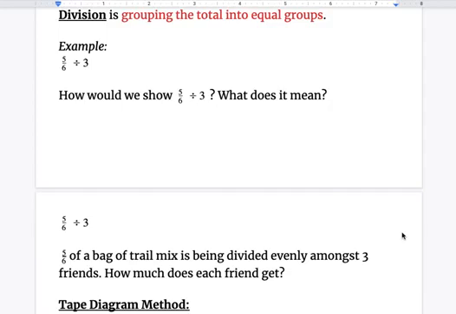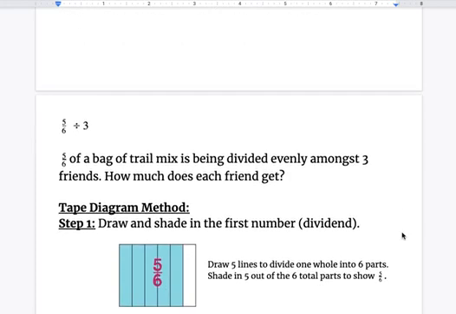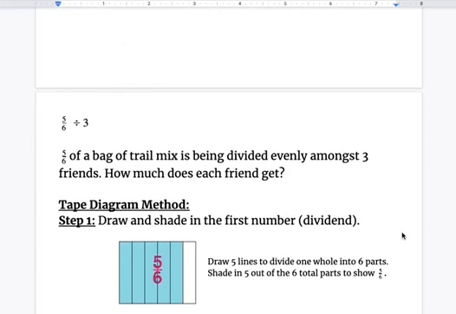So I'm going to show you 2 different methods of solving this. The first method is called the tape diagram method. Make sure that you write these steps into your notebook so you know how to set up the tape diagram method. Step 1 would be to draw and shade in the first number. Remember, the first number is that total. It's also called the dividend. So that's what we want to draw because that's the total amount of trail mix that these friends are going